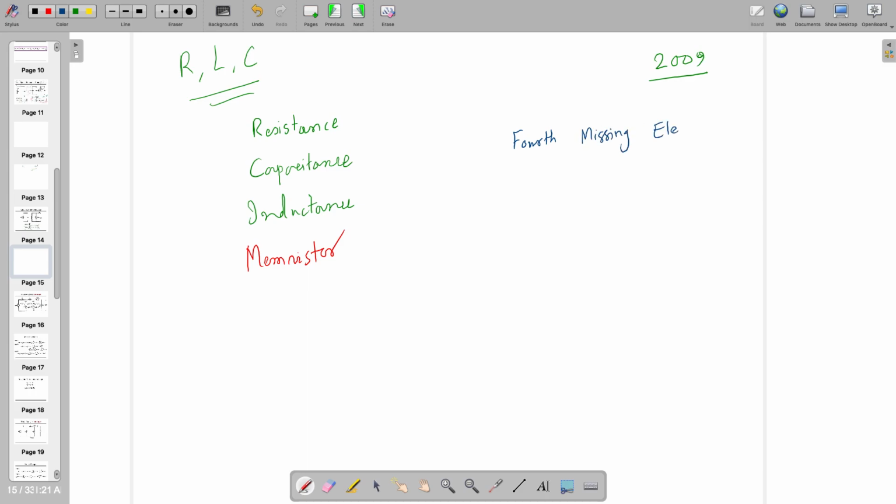This is a Nature paper in 2009, and this was in 1971. There is a professor called Professor Leon Chua. Some people call it Chua, but the real one is Chua, so CHUA, and that's the unit of memristor. What Leon Chua thought was that